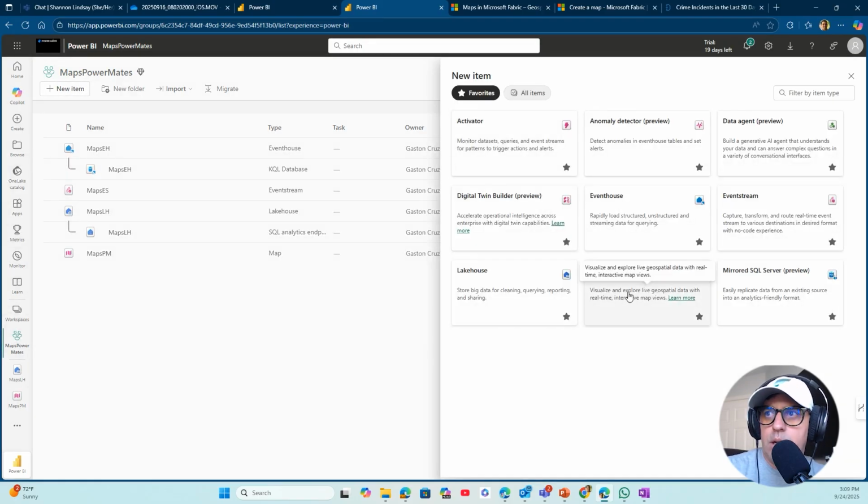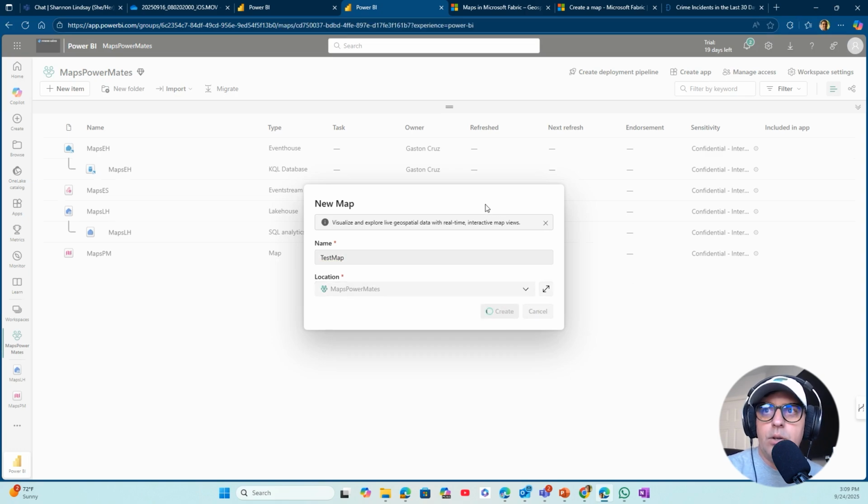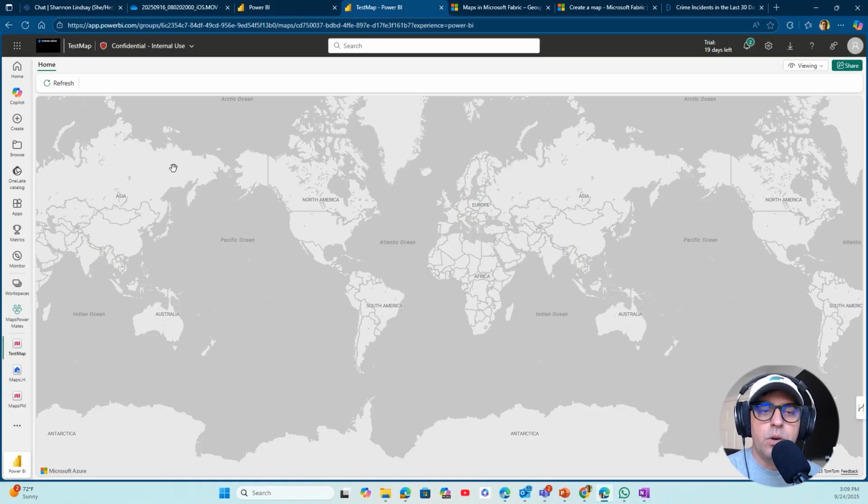and the new item is going to be checking for the map, and I can say, hey, this is a test map in this workspace. So I can create a new map, and you can go over the place here. And as I mentioned before, several options. One of the options was working on the map and attaching different files, or you can, in my case,